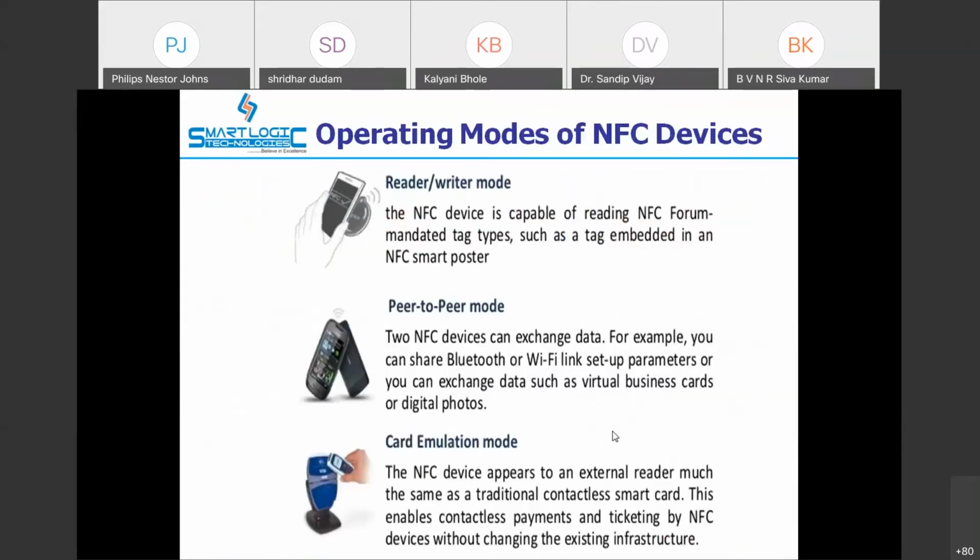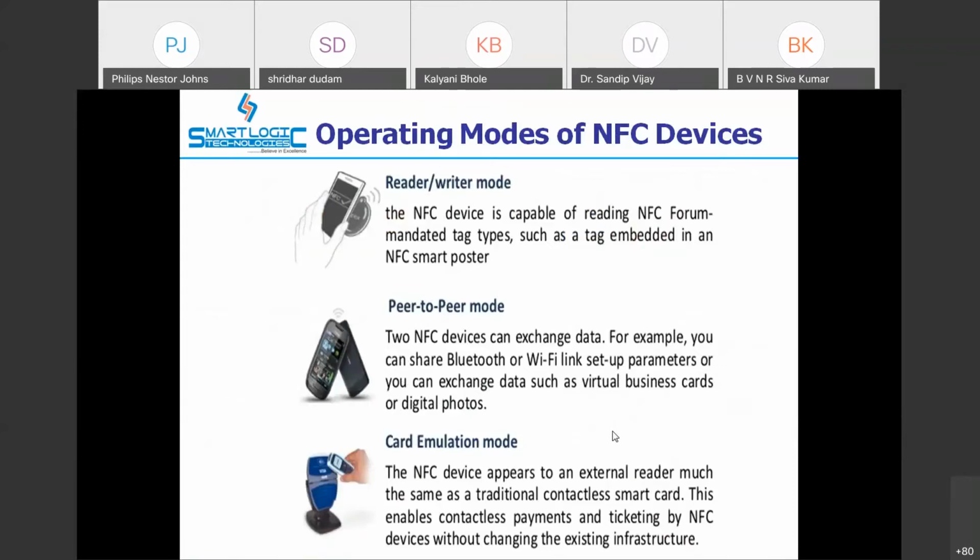The operating modes are: reader/writer mode, where we want to write something into the NFC tag or read it. Peer-to-peer mode, which again comes under active mode communication.